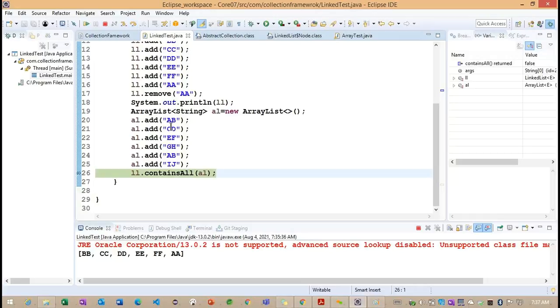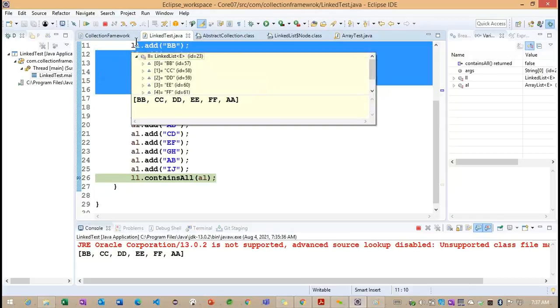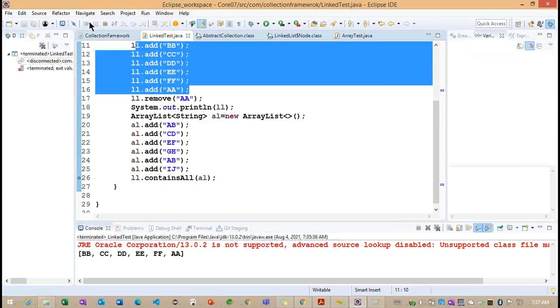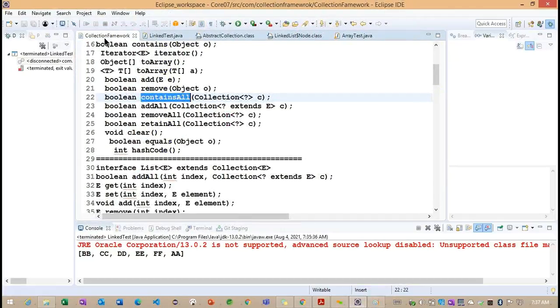Because whatever objects we are having right now are not available inside this particular linked list. Getting the point? Basically for the checking purpose, all the methods will have the same logic here, but only some code is going to change.